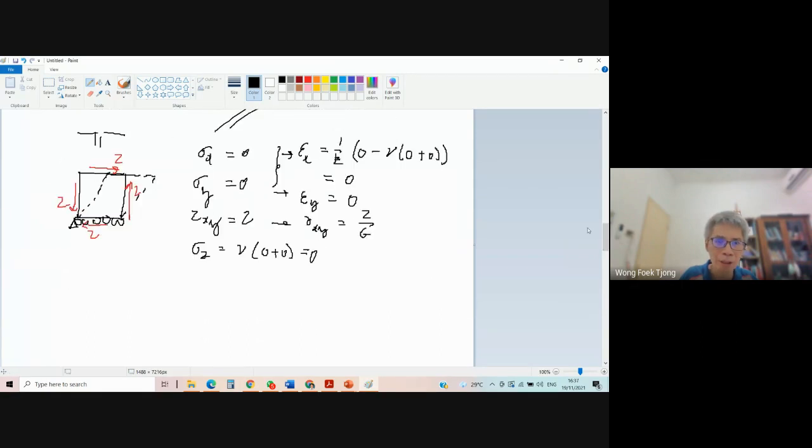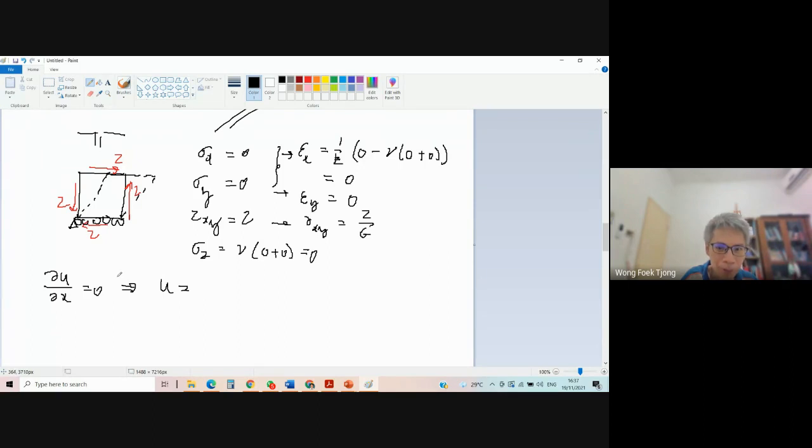Well, the question is how to determine the displacement. Again, from here, what is epsilon x? Epsilon x is nothing but this one, right? If the partial derivative with respect to x is 0, what is u? Can you give me an answer? Can you suggest the solution to this problem? Give me a function whose partial derivative with respect to x will be 0. The function is what?